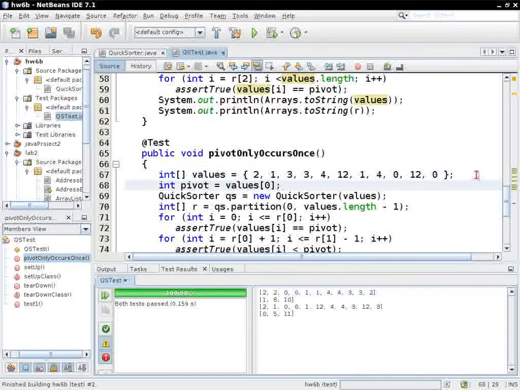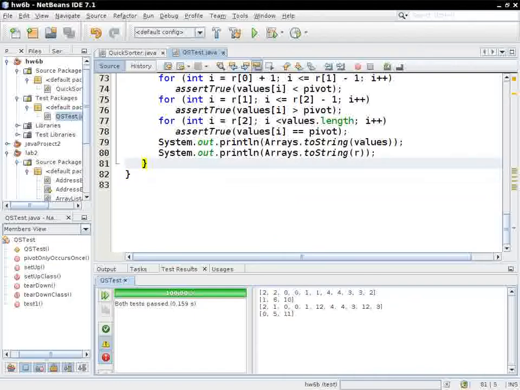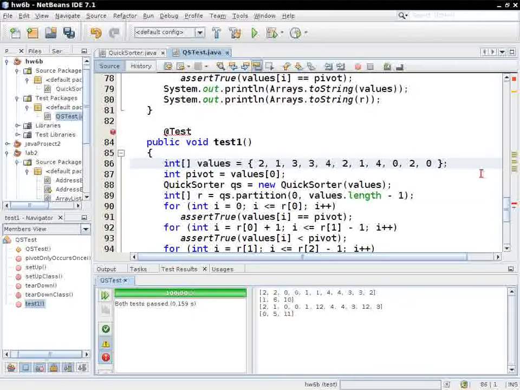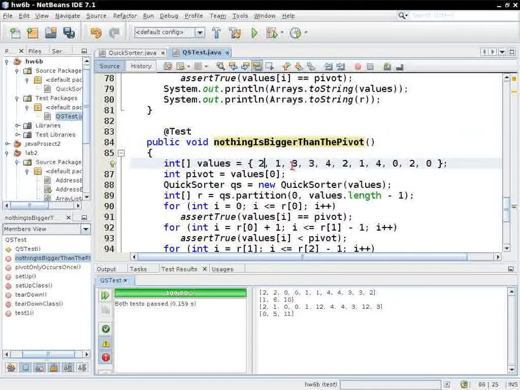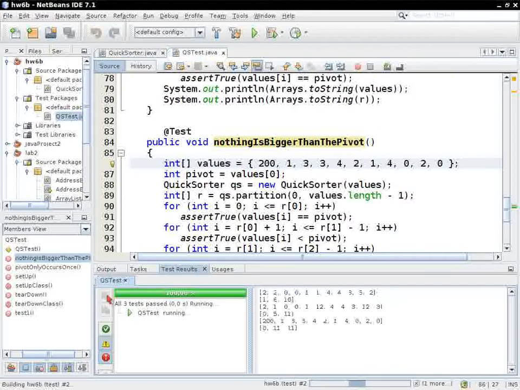So at this point, I could say, well, what other things could happen? I could say, well, one weird case might be, what if nothing is bigger than the pivot? Then I could just make the pivot 200, and then nothing would be bigger than it. And 3 tests passed. So at this point, I'm beginning to feel pretty good that I might actually have